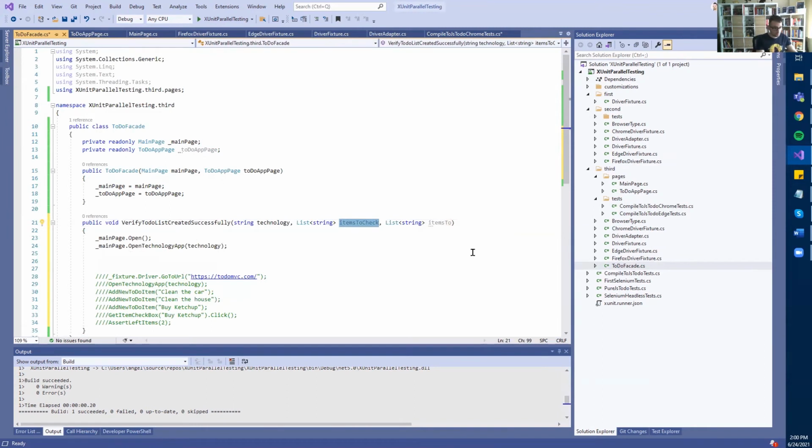Actually, this is items to add, items to check. And the last piece is just to mention expected items left. Now,